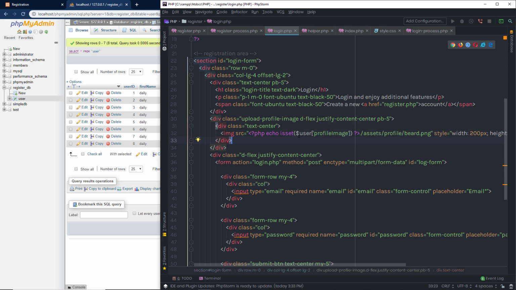You know that we have different information of the user in this user variable. So I'm going to get the profile image from this user variable. So if the value is not empty, then I'm going to return user, and I'm going to specify here profile image. So I'm going to return the profile image, or I'm going to return the default value. So this is going to be the default value. So I'm going to get that default value and just specify that here like this. Specify semicolon, save the changes, back to the